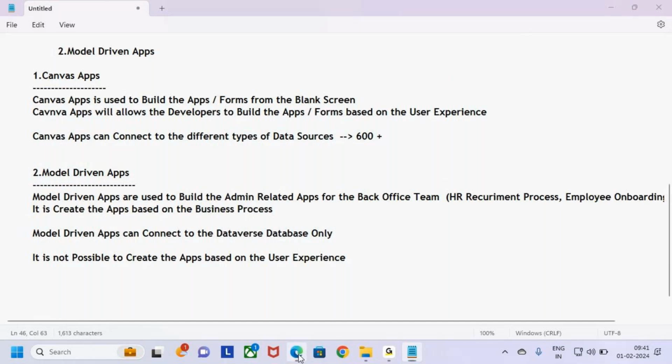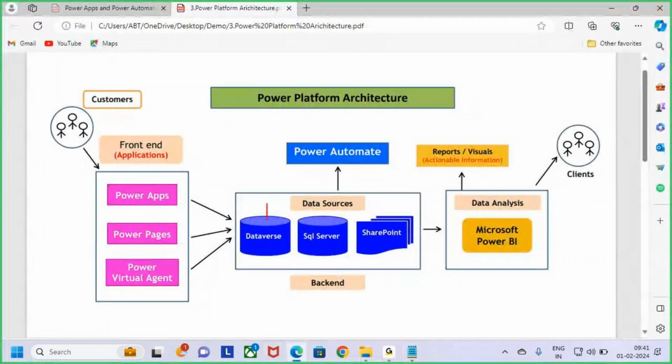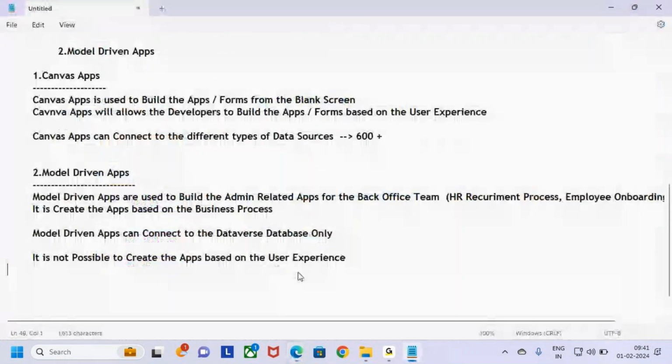If you see in this architecture, there is one database, Dataverse. What is this Dataverse? Dataverse is a database software within the Power Platform. Within the Power Platform, there is one data source software. What is that data source we are using within the Power Platform? Dataverse. So let me keep that point here, guys. What is this Dataverse? Dataverse is a database software,